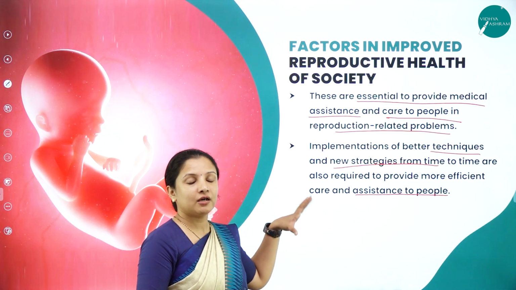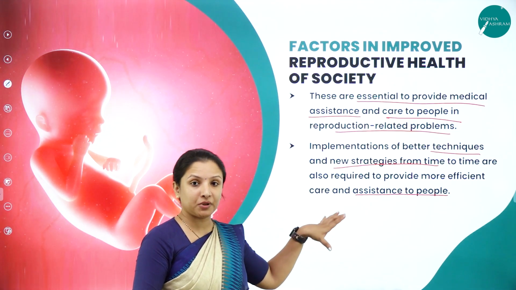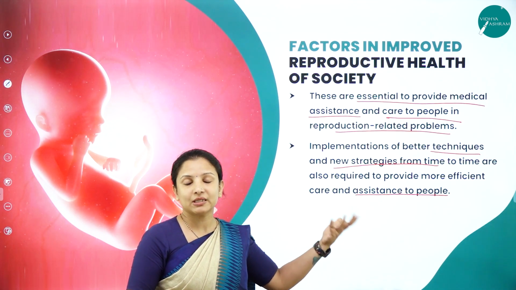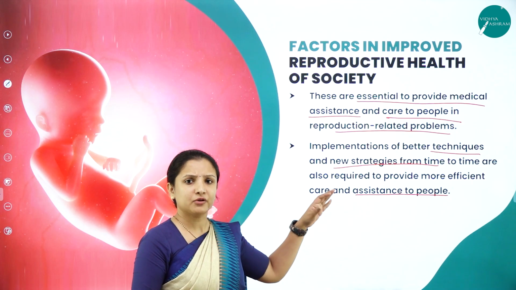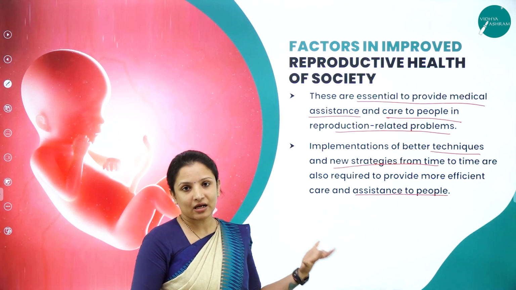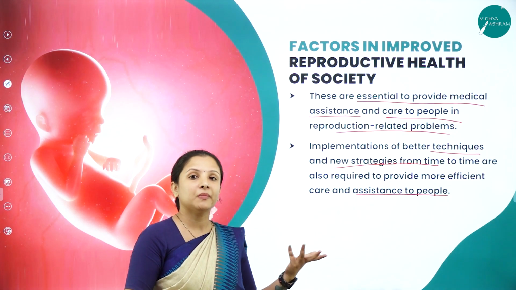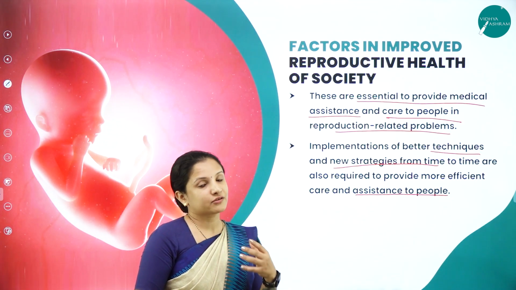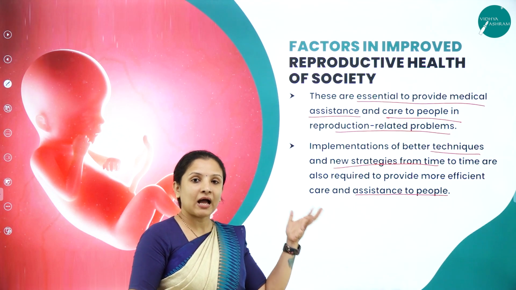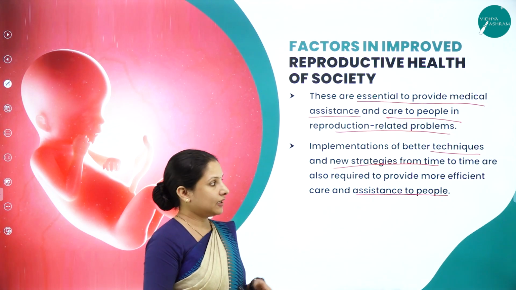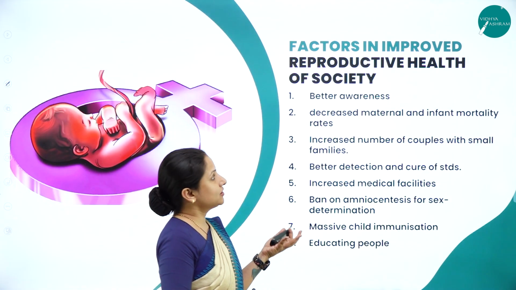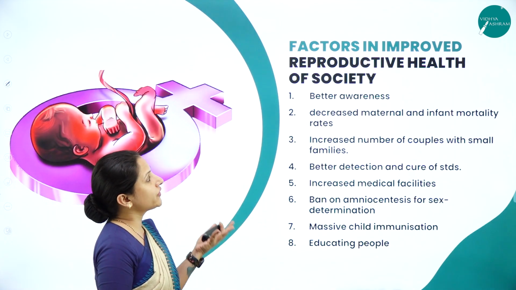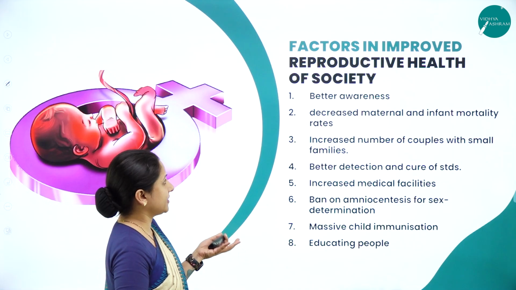So today, earlier, all this was not there. When these reproductive health and child care programs were implemented, all these were not there. But today, some of the technologies have come up wherein the government makes sure that these technologies reach every corner of the villages or the poor people so that they can have a healthy reproductive life. Here are a set of factors which actually are involved in improving the reproductive health of the society.